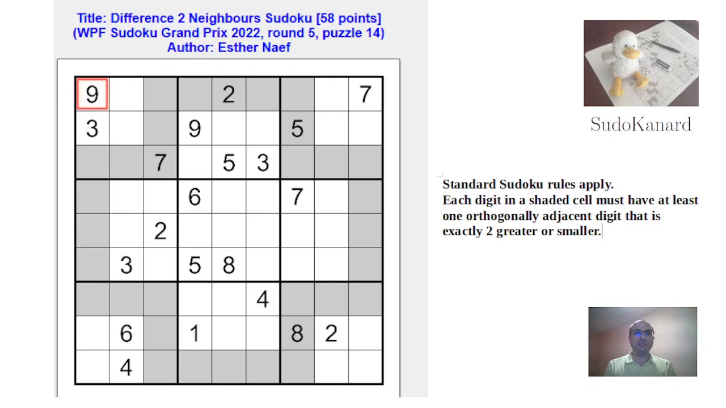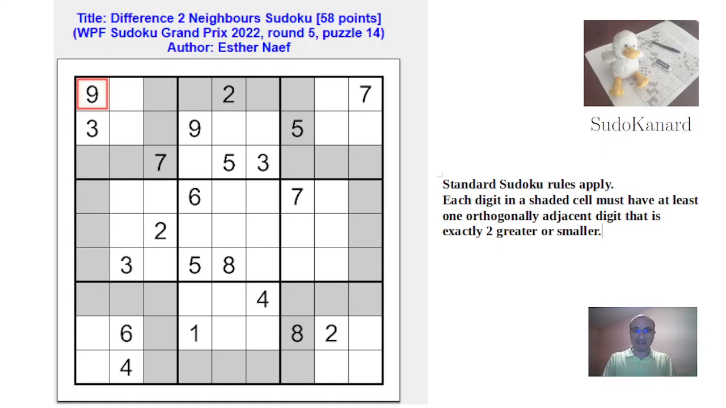Here is a puzzle that was featured in the latest Sudoku Grand Prix puzzle organized by WPF. The organizing country was Switzerland, and the author of this puzzle, which was the last in the set, is Esther Naef. Not sure about how to pronounce her name. It was worth 58 points, which places the puzzle in the somewhat harder puzzles. And it's the one I attempted first, and I went pretty far in the solve, but I broke the puzzle